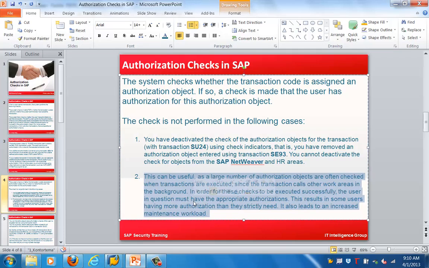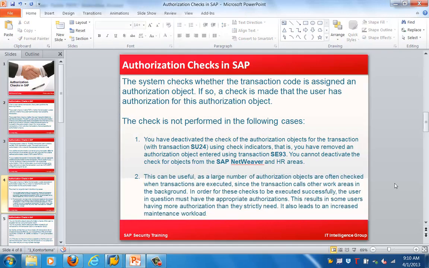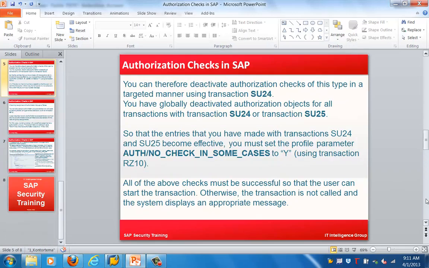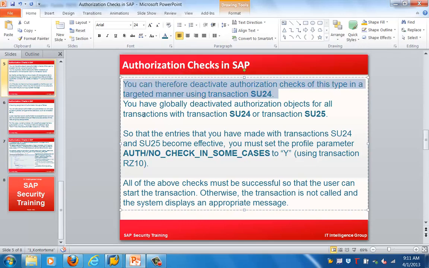So we should be designing the role in such a way that you are not putting all the objects one by one into check. So basically we can club the roles together, and we can deactivate the authorization checks for certain objects using SU24. Okay, and you can deactivate it. Basically SU24 and SU25 go hand in hand. We'll be seeing in our subsequent slides how SU24 looks and what SU25 is used for. Okay, so